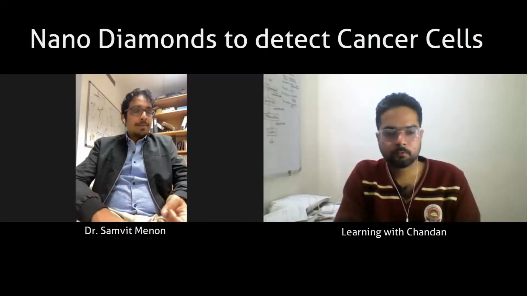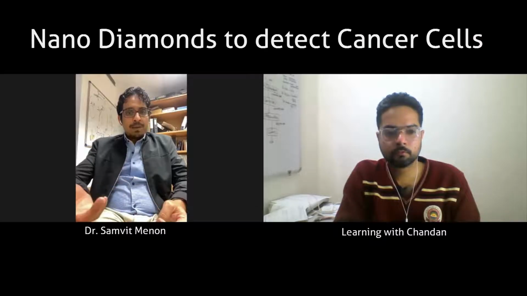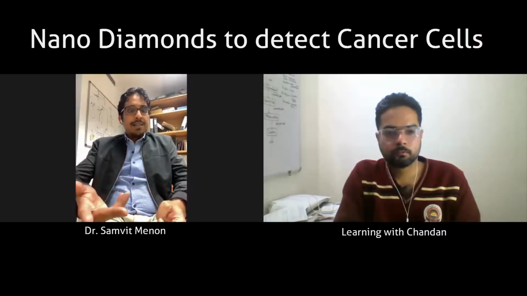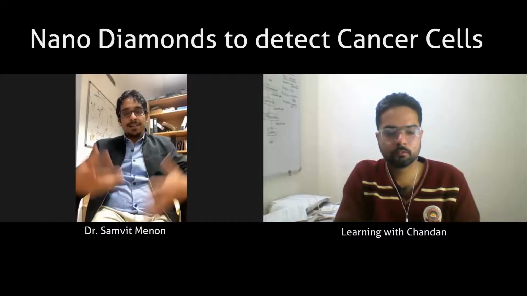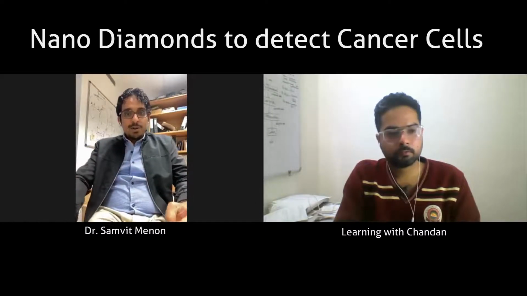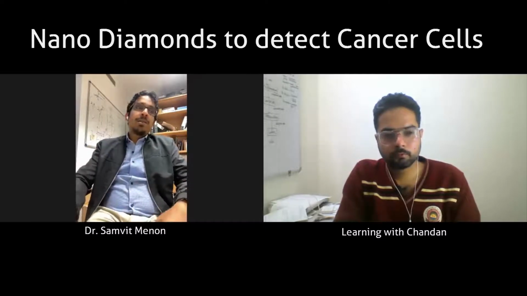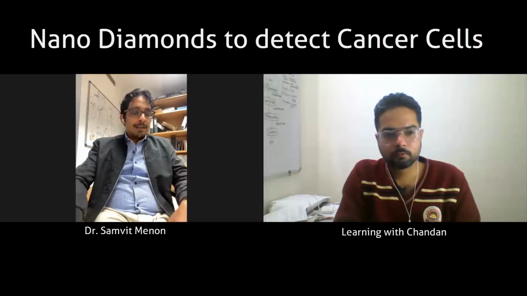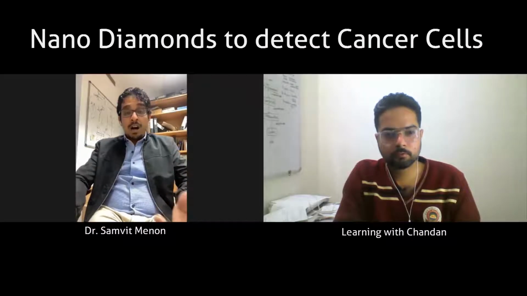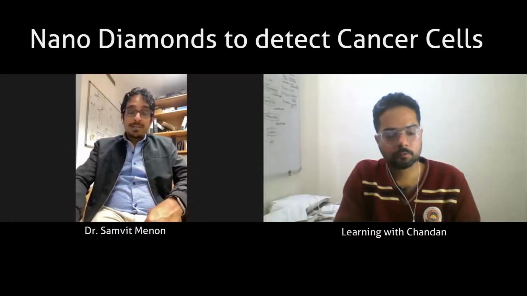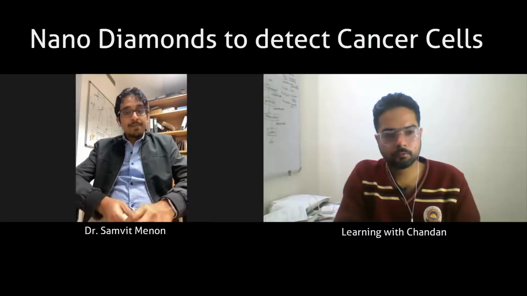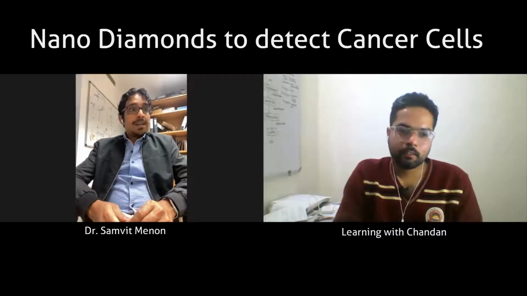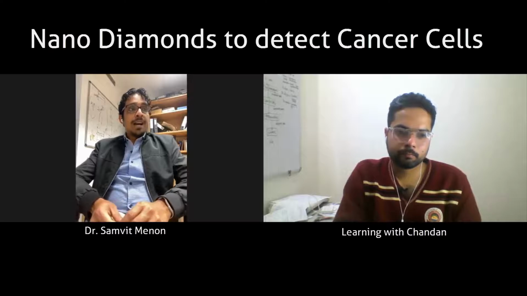Once you get the diamonds, they're all carbon-based materials, and it's very easy to think about biomedical applications because every single thing is carbon-based. So it is biocompatible, it is very stable, it does not harm the body, doesn't harm the environment. So the applications can be quite a bit. So what we're doing now is we're using diamonds